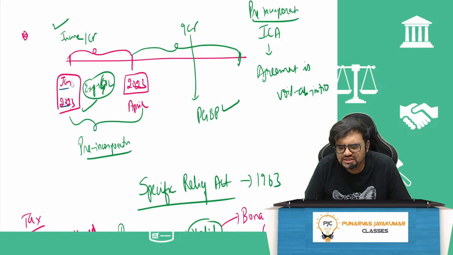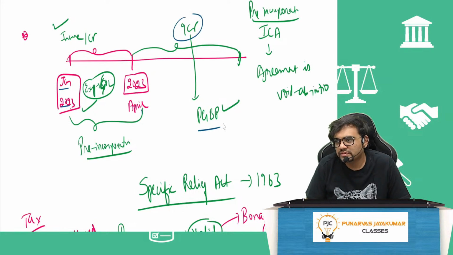Or rather the business, they want to start the company. Sometime in April 2023, the company actually gets incorporated. You get a certificate of incorporation as on April 2023. Any business that you do after April 2023, 9 crore I earned, that obviously will be PGBP. But the doubt was, what happens if I actually earn before, before commencement of business or before incorporation? I already commenced business. Is it possible?